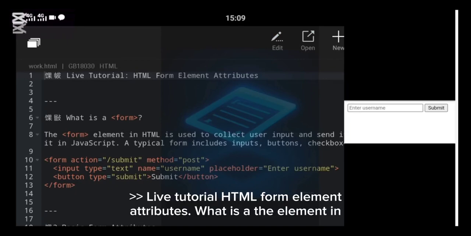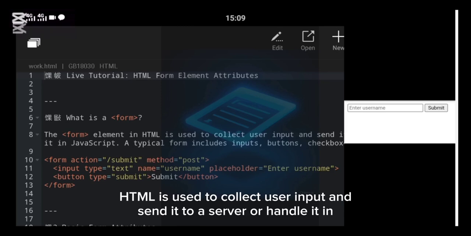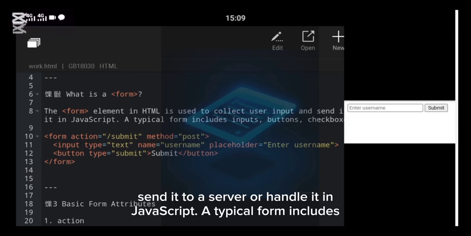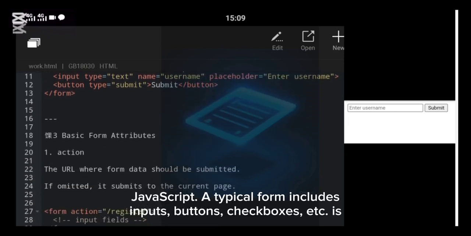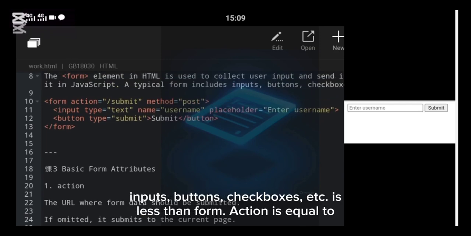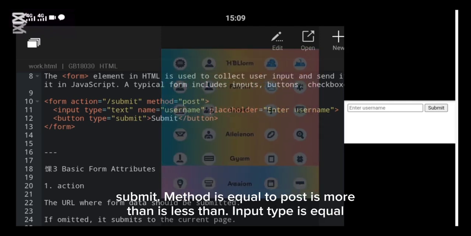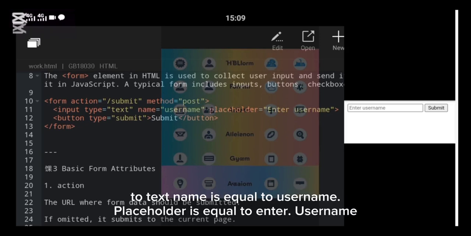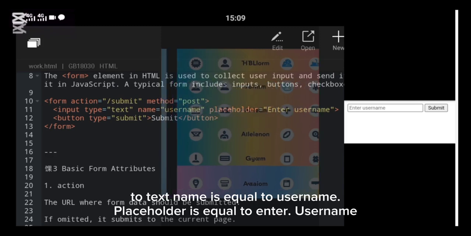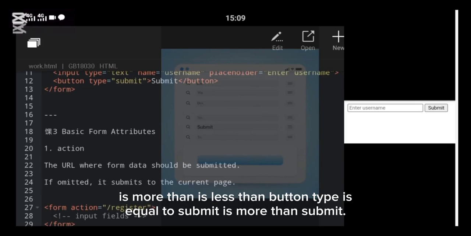What is a form? The form element in HTML is used to collect user input and send it to a server or handle it in JavaScript. A typical form includes inputs, buttons, checkboxes, etc. <form action="submit" method="post"> <input type="text" name="username" placeholder="Enter username"> <button type="submit">Submit</button>